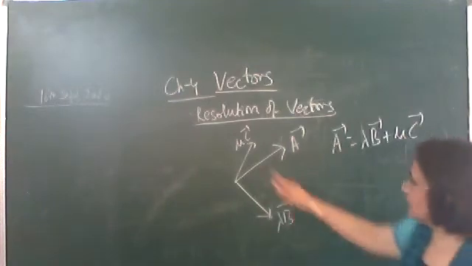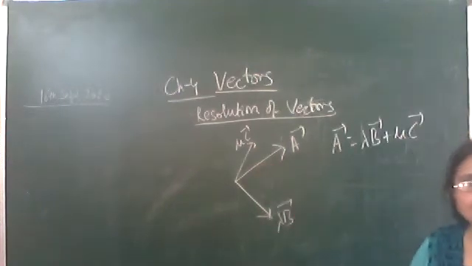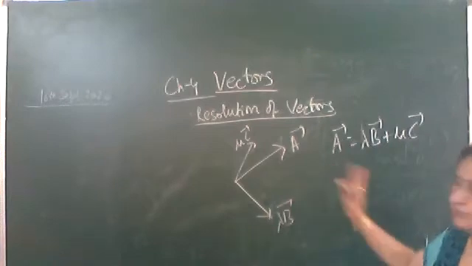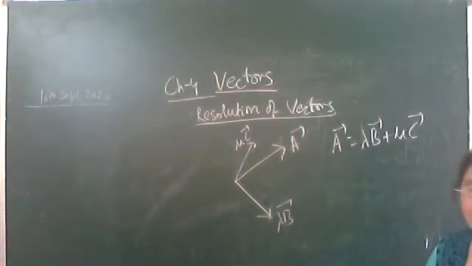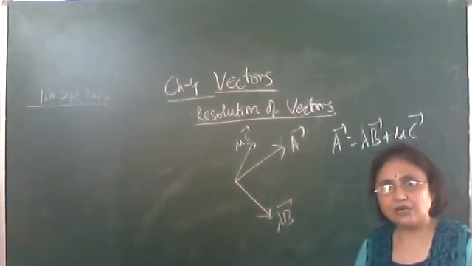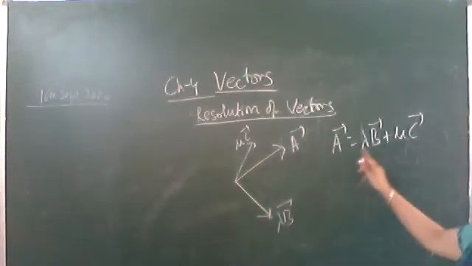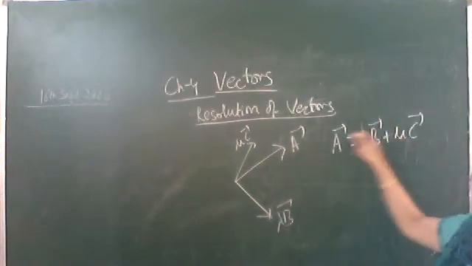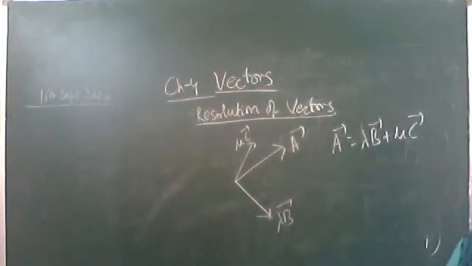These split vectors we call the components of the vector, and this we call resolution of a vector. That is splitting of a vector in two or more different directions, which are called the components of the vector, such that the sum of the vectors should be equal to the given vector. The A vector should be equal to this thing. Draw the figure as such.